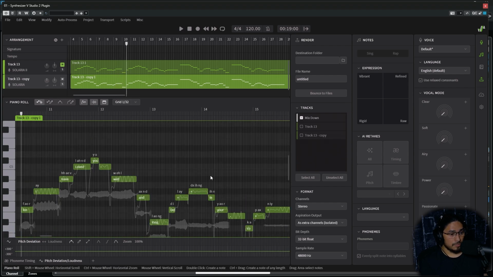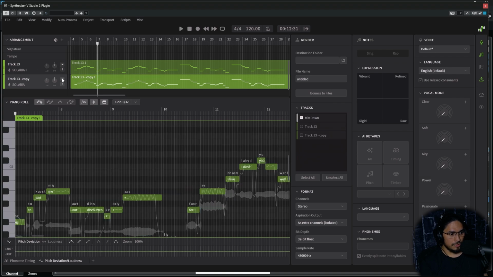Right? It sounds very good, but it's still a little bit synthetic. Version 2, on the other hand,